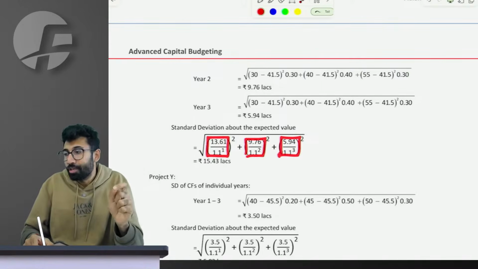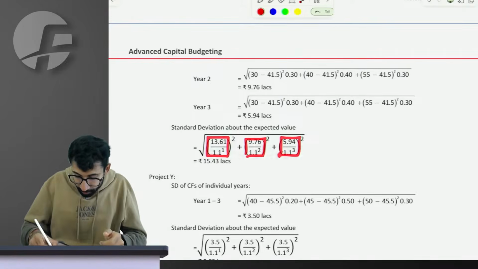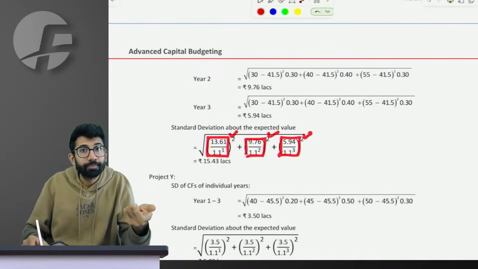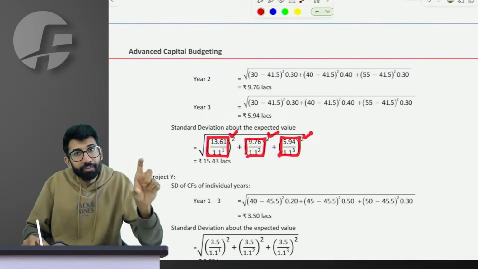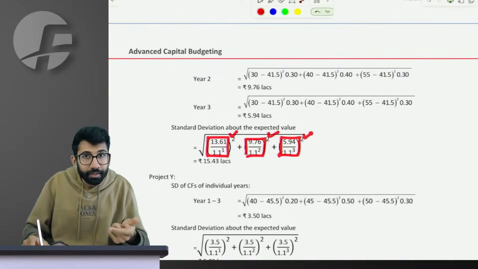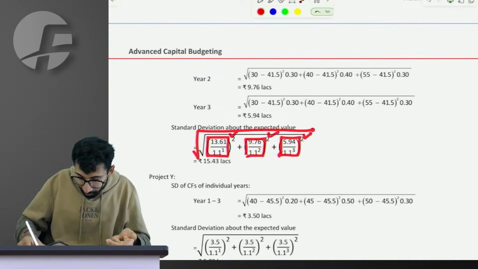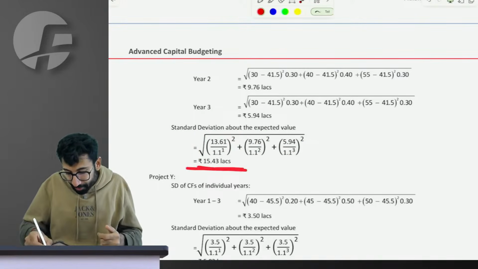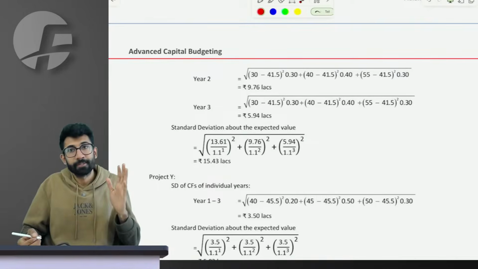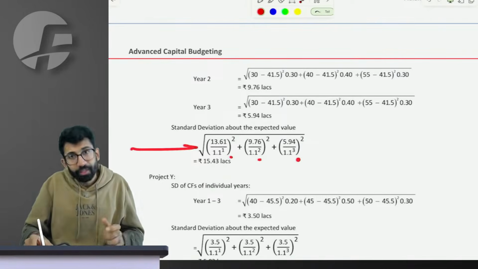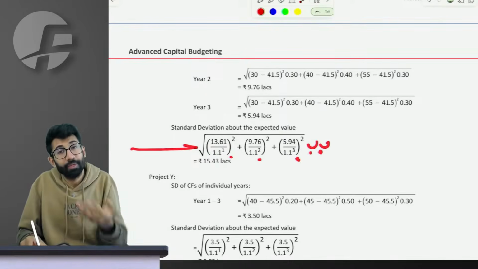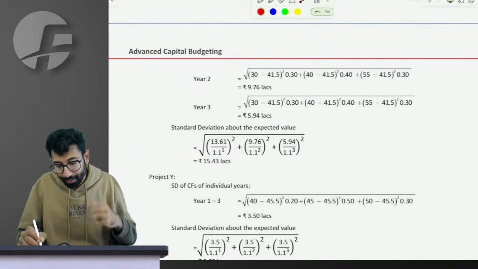But all the addition and deduction happens at variance level, which is why you'll have to first square them up. So you have the squared present value deviation of individual years. Adding will give you the variance of the entire NPV, and putting an underroot to it will give you the standard deviation of the entire NPV. When you solve it, the answer is 15.43 lakhs. When you do it at home, don't revise it as a formula, revise it as a flow, as a flow which I've taught to you.